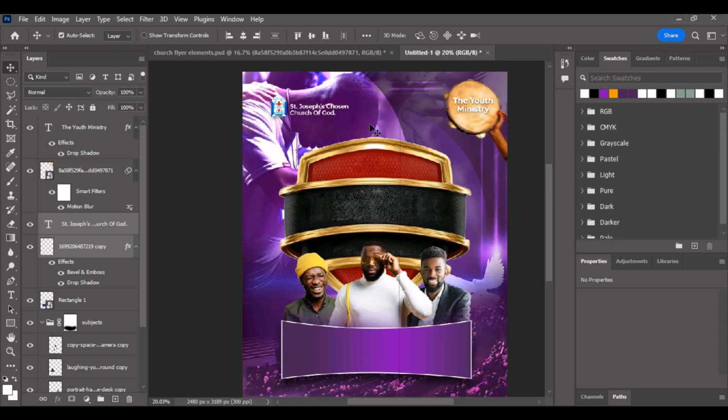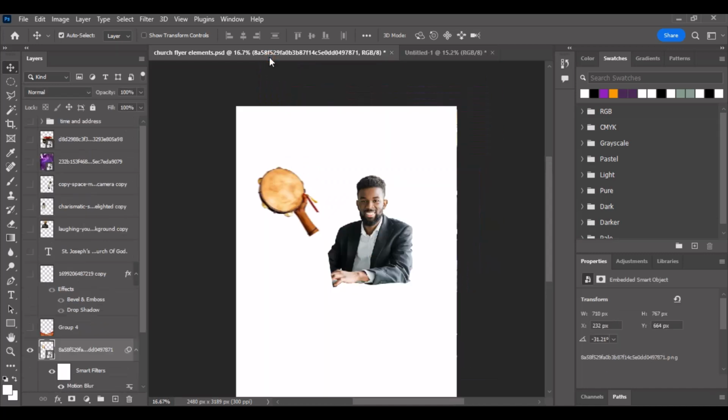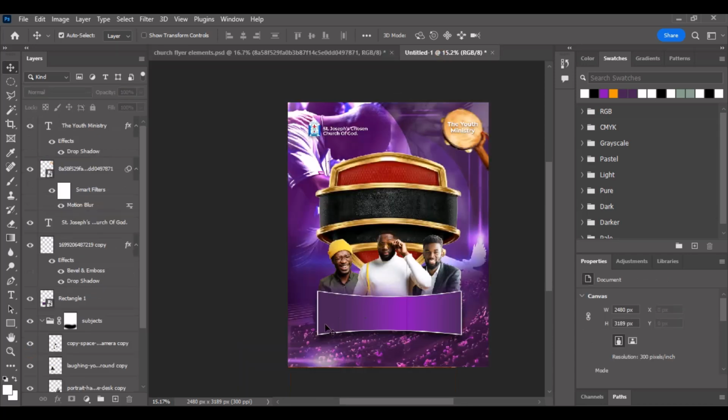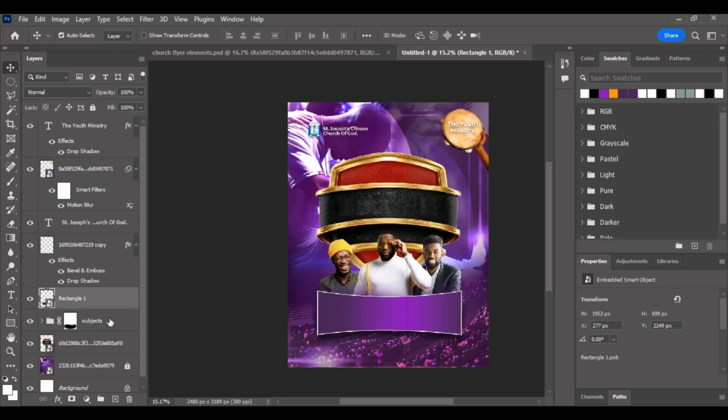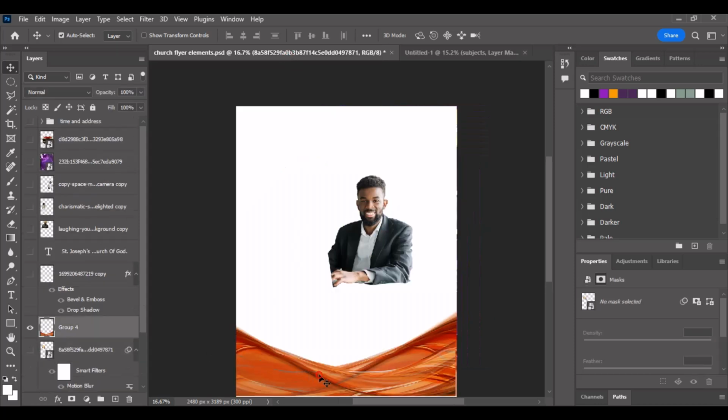Alright, so we are good. Now the next element we're gonna bring in is this one, right? So we're gonna bring in this element. Now before I do that, I need to select this layer because I want it to be directly underneath this layer. So I'm just gonna select subjects. So now if you select a layer and you bring in any elements or picture, it will be directly above that layer which you selected, right? So just click and drag this